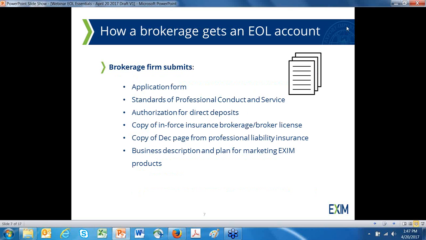So just by way of background, how does a brokerage get an EOL account? Well, they have to register, as you know, as an Ex-Im Bank broker and submit a number of materials that comprise the application, and those are identified here.